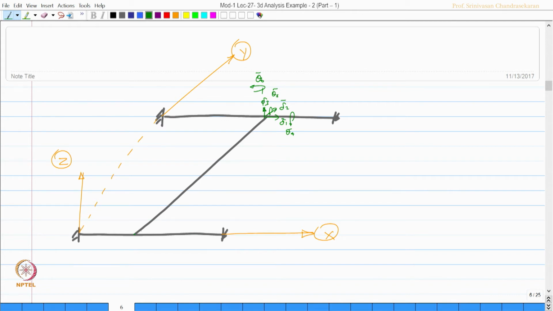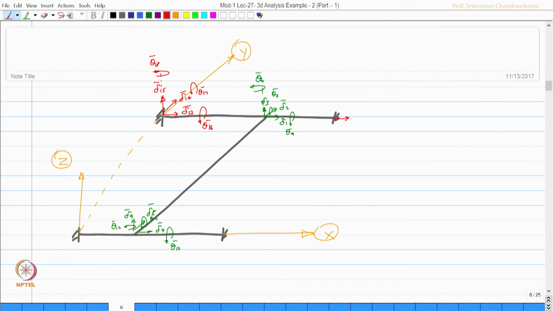Then let us come to this joint delta 7, delta 8 and delta 9. I am putting bar because they are global displacements. Okay. Then rotation, 10, 11 and 12. Let us now mark the restrained degrees of freedom. Let us say 13, 14 and 15, 16, 17, 18,